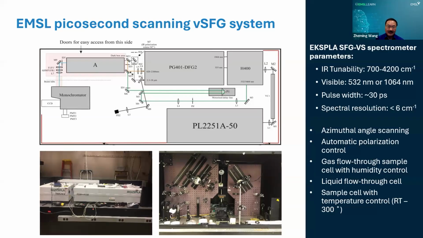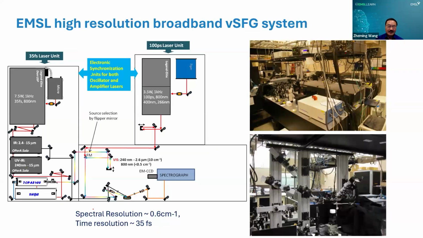So that allows us to handle a lot of chemical systems that need to be probed. We also have a second system, called the broadband system. In this case, we use a synchronized picosecond pulsed laser and a femtosecond pulsed laser. Because of that, we are able to achieve the spectral resolution of the visible picosecond laser,